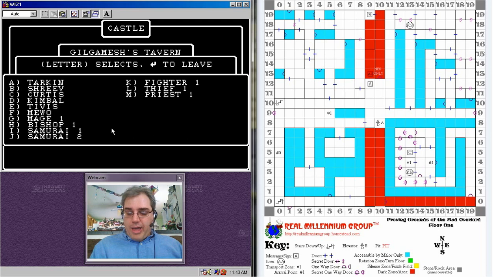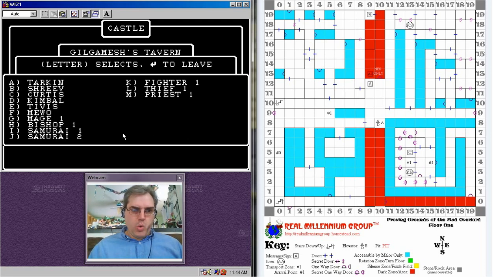So the good thing about having that character copy option was that say you were playing Proving Grounds of the Mad Overlord, you leveled up a Lord, you leveled up a Ninja, you could then take them to the next campaign and start fresh with a Lord and Ninja instead of having to level up and then eventually convert the character to that profession. Unfortunately, the Ultimate Wizardry Archives did not keep that feature, so as such they created some basic characters for you to play with if you didn't want to create your own. Let's start with creating your own.